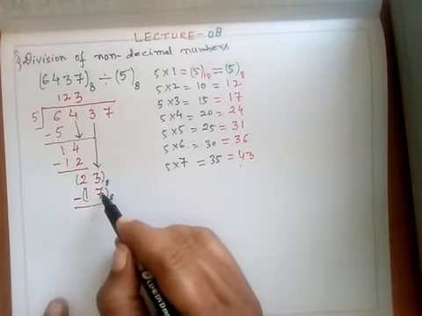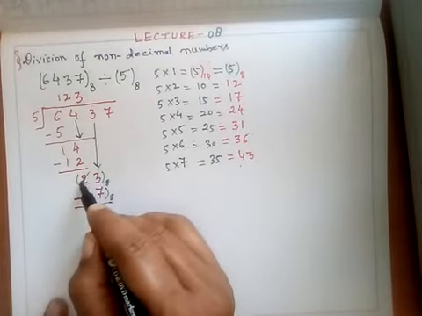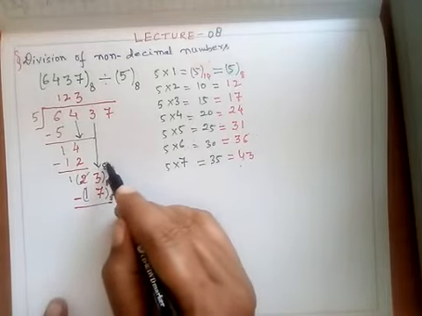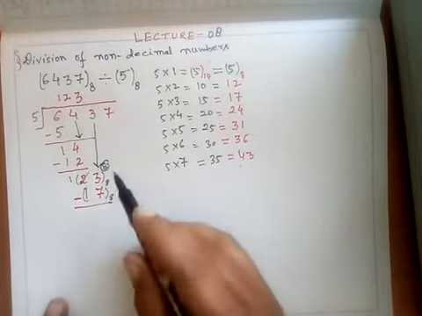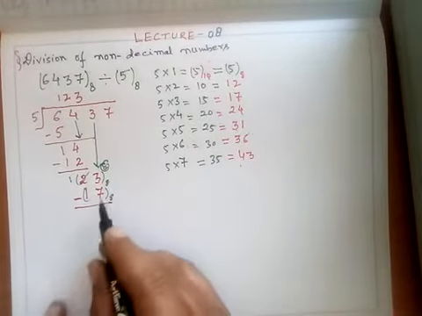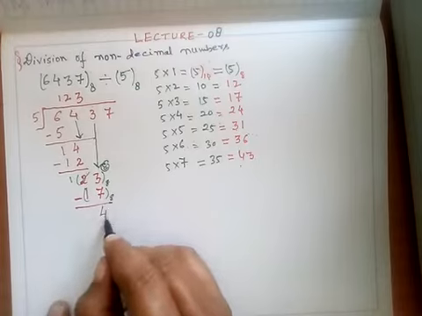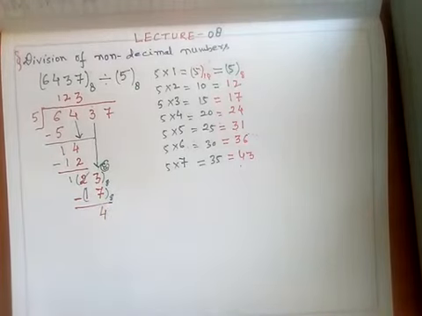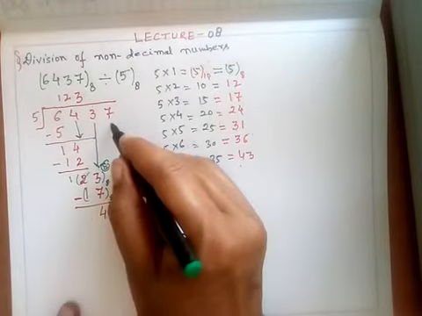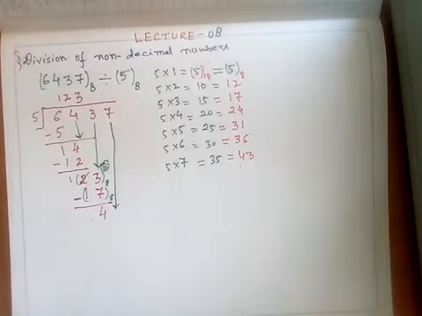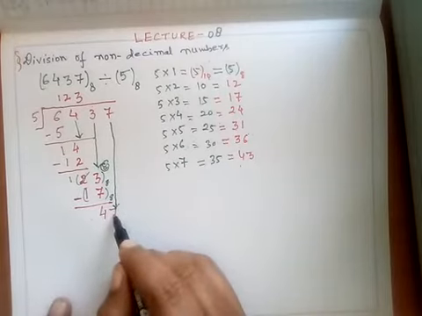This 3 is less than 7. I need a carry from here. Here remaining term will be 1 and the value of the carry will be 8. 8 plus 3 is 11 and 11 minus 7 is 4. This I have already discussed in the previous lecture while discussing the subtraction of the numbers. So I have written this 4 here. 23 minus 17 is 4. And now I copy this number 7 here and you will have the final digit as 47.